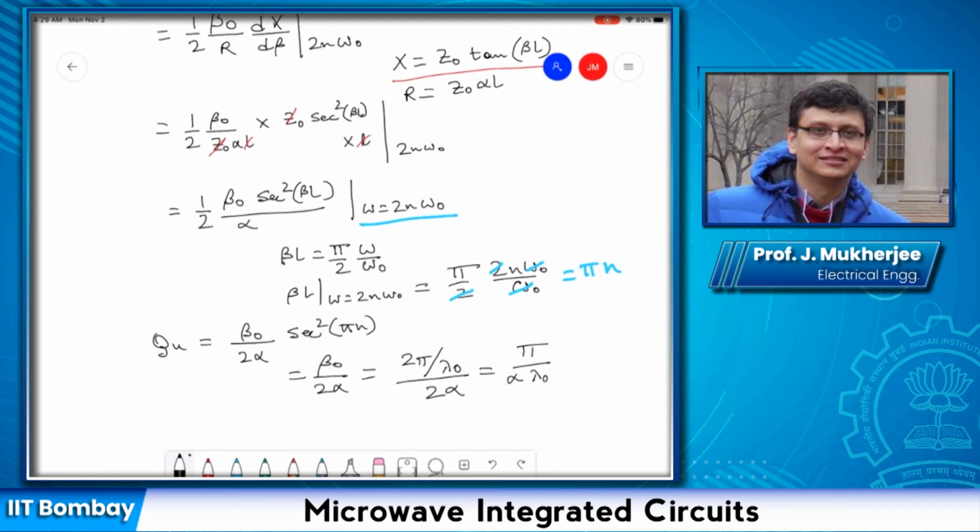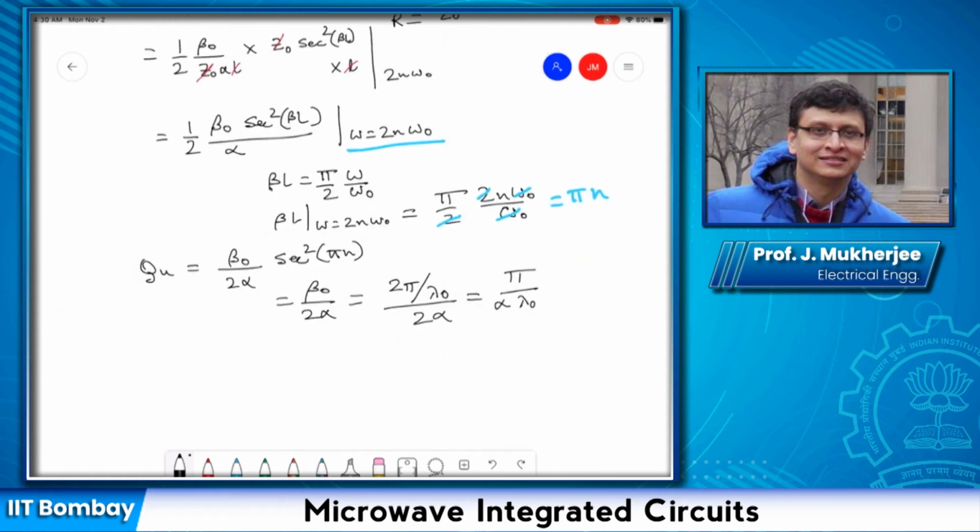So one advantage of this low loss shorted or open transmission line based resonators is that we can obtain very high values of Qu. For example, we can obtain Qu equal to 4000 for alpha equal to